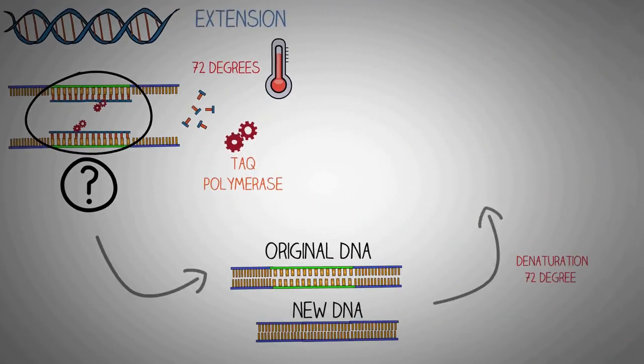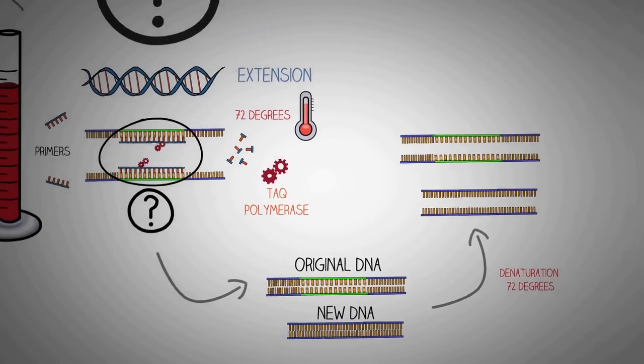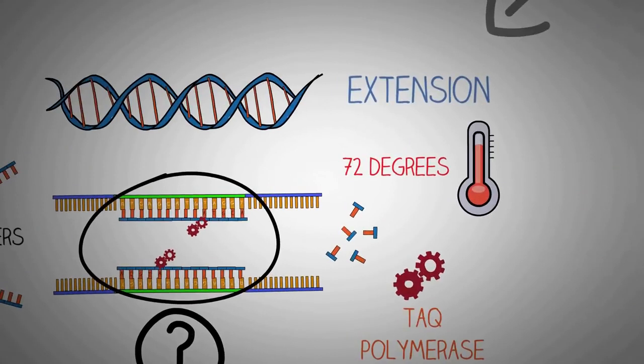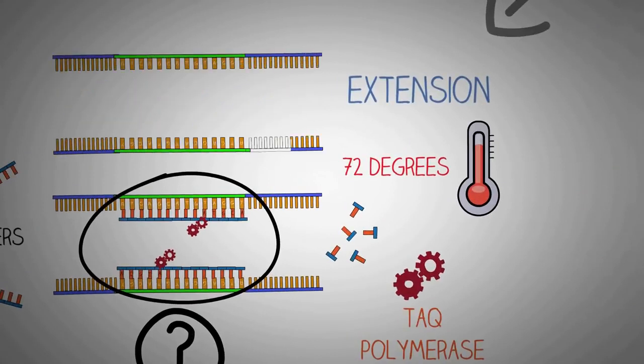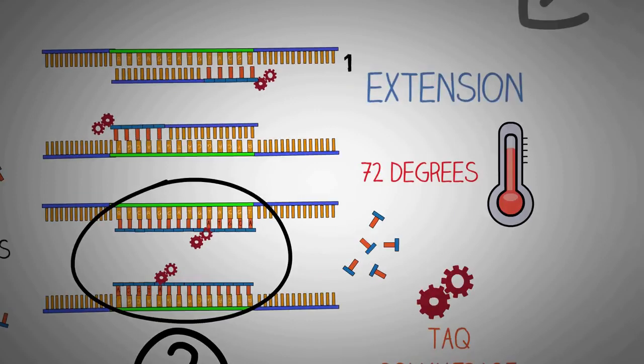Basically, the products of the first reaction are used as the substrates for the next reaction. Now when we cool down the temperature to 55 degrees for annealing, we will get 4 single-stranded DNAs. The Taq polymerase comes in for extension, and this time it leads to synthesis of 4 new single-stranded DNAs because the substrates for the enzyme are also double now. So from the second cycle of the PCR we get 1, 2, 3, 4, 5, 6, 7 and 8 new